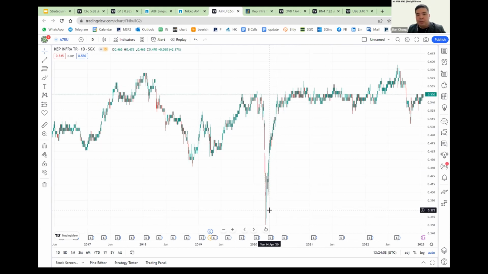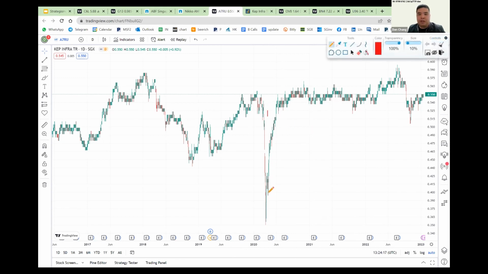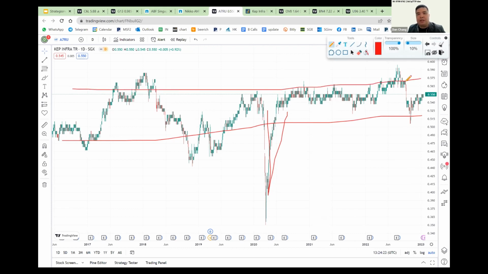The good thing is that they recovered within 2 weeks, while other stocks you'll see only around here. So you can see that over time, this Capital Infrastructure Trust has proven to be very stable. Even when during the height of the pandemic they dropped, they came back within 2 weeks. And the best part is